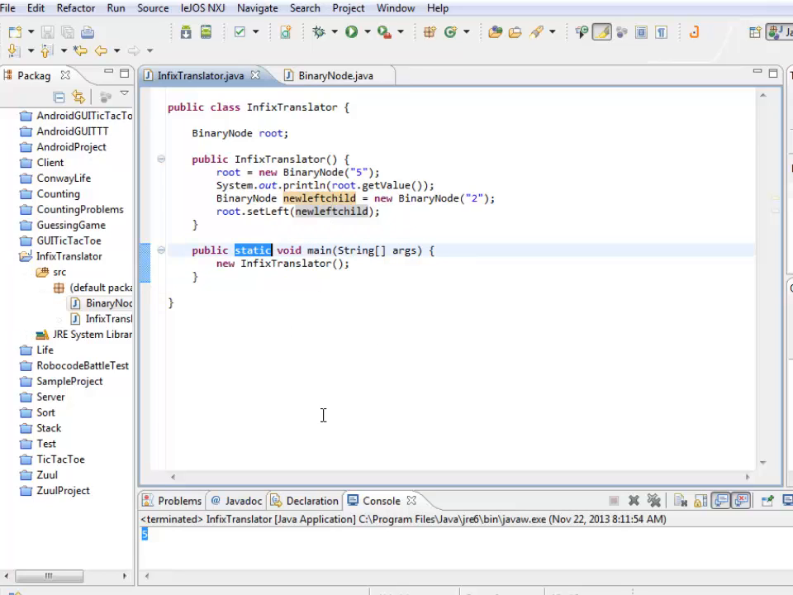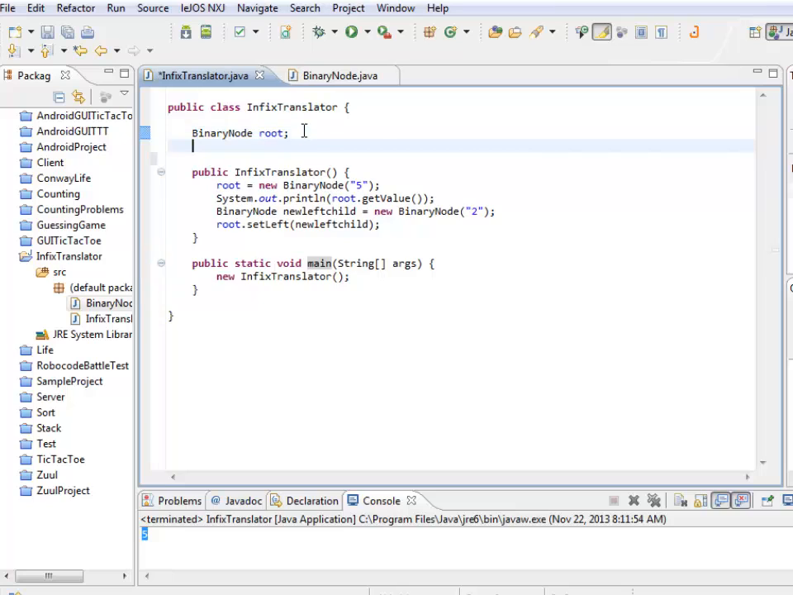Now, what does static mean? Well, static is entirely independent of a new object. So I don't need to create a new Infix translator to start my code. In fact, I can't, because the main method has to run from nothing. So when you have a static method, it's global. It means that there's only one of them for all my Infix translators. If I created a dozen Infix translators, there's still only one main method. So if I create something like, say,